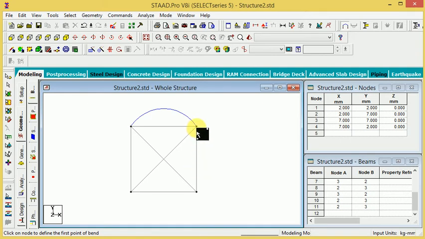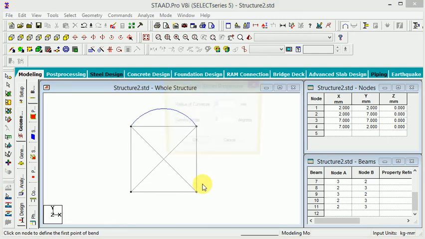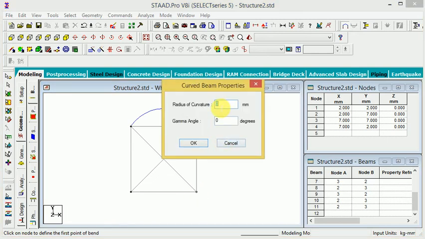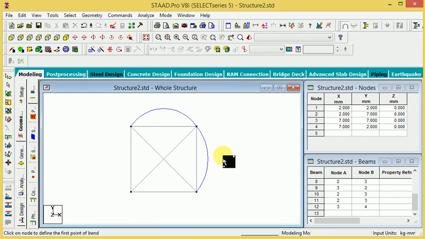So when you click this radius here and click this, I will not show you 2.5 because the total length is 5. So you do not provide 2.5; you provide above 2.5, if you provide 3.5, if you provide 4, then go to OK. So it looks like here, it makes the curvature, right.